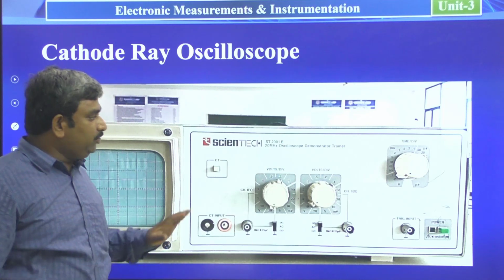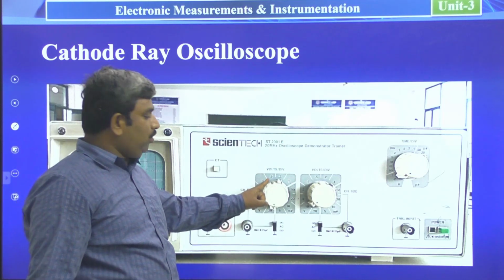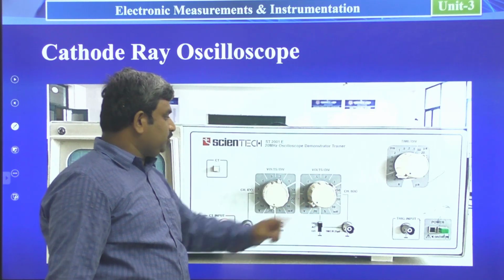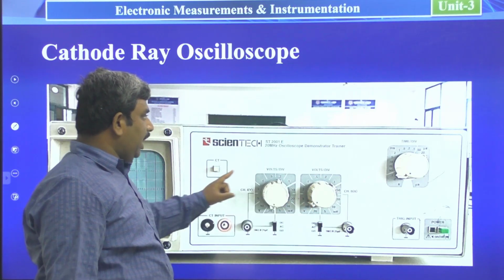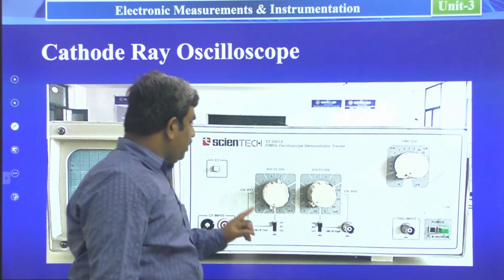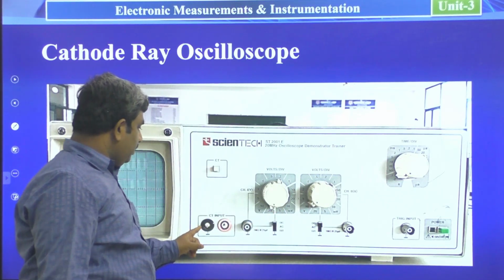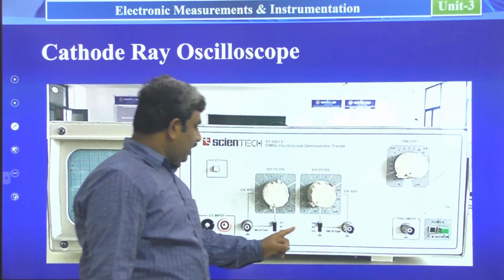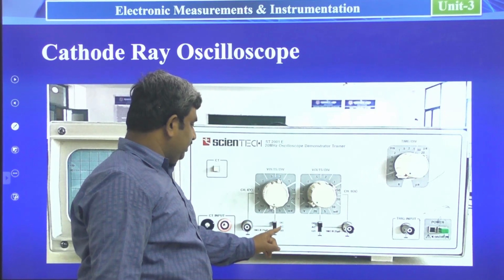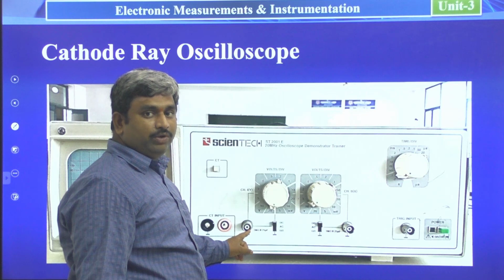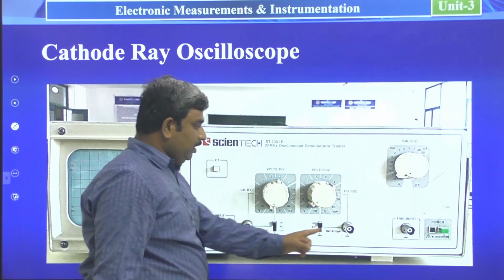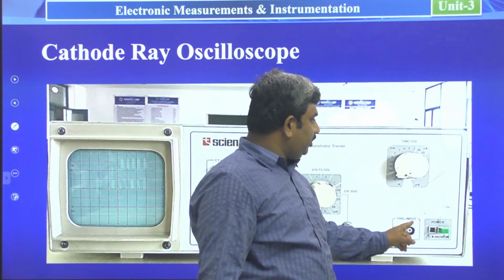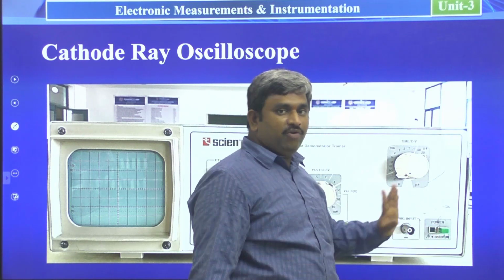In this cathode ray oscilloscope, we have the volts per division knob for channel 1 and for channel 2. Here we have the times per division knob, and here we have the CT knob, the CT ground pin and CT pin. Here we have the DC, AC, ground pins where we connect the channel probe, and we also connected the channel 2 probe. This is the triggering input, and these are the power on and off buttons.